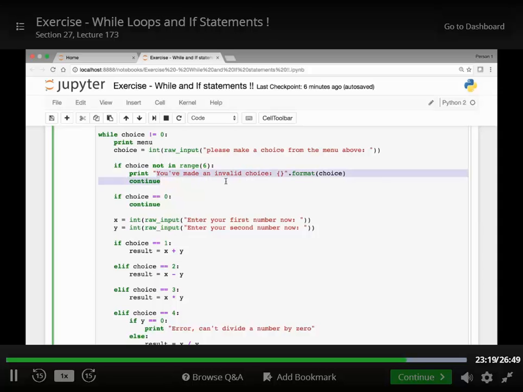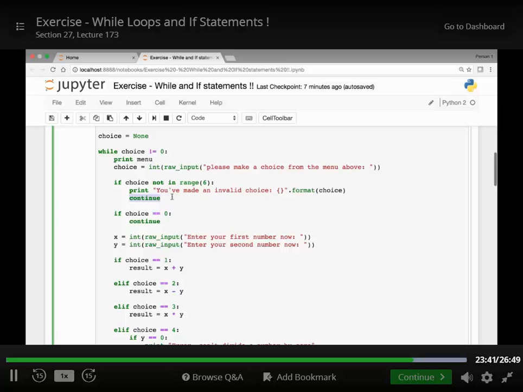So if choice is not in range 6, so if the choice is not in the given menu, we print this message saying they have made an invalid choice, and then we used the continue statement to loop back in the while loop and then present the menu again. So this will keep looping, asking them to make a valid choice again and again. Okay, and if they choose 0, it will quit the program,